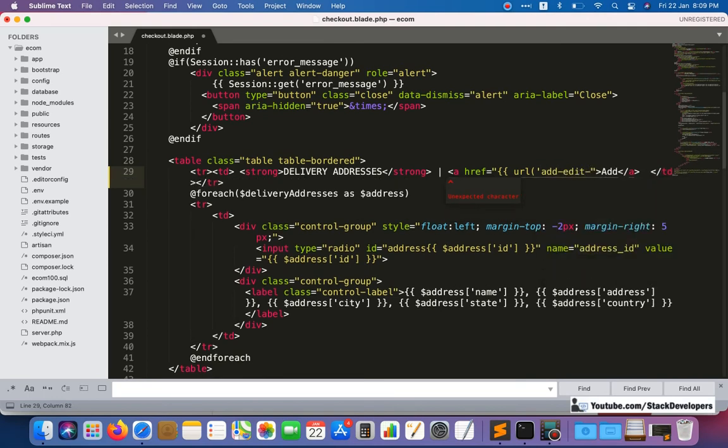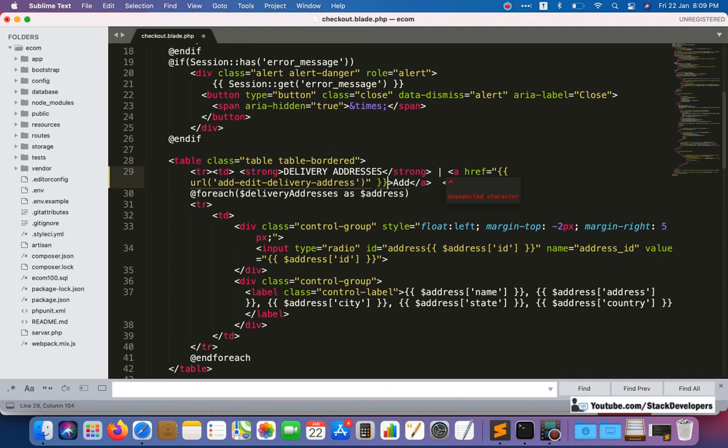So we are going to create the common route for both add and edit of the delivery address. Okay, so we will make something like this, like we have done in admin panel as well. If you remember that we have done in admin panel that add edit product, add edit category, all are common, and same thing we are going to follow here.